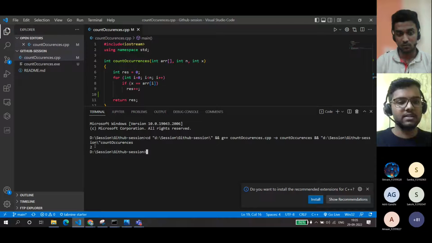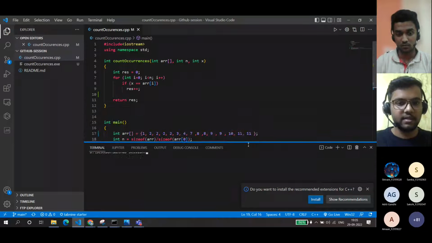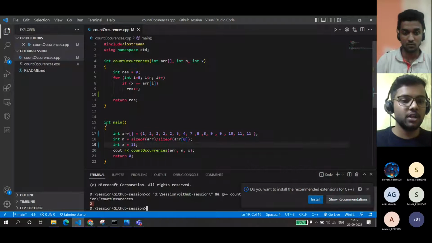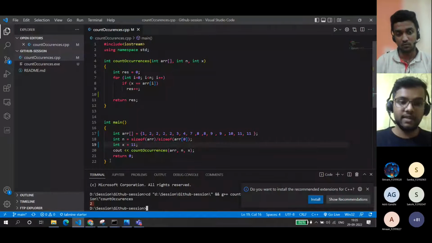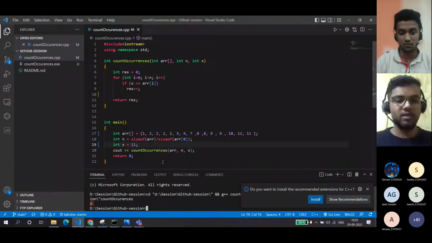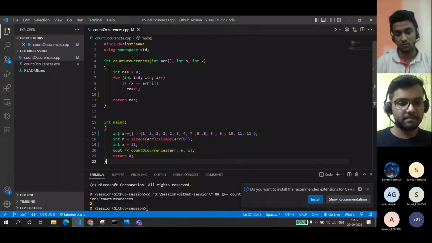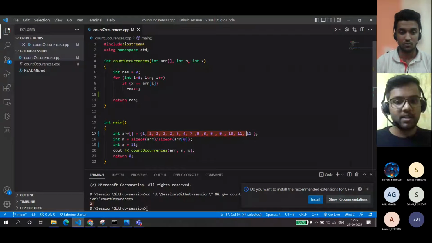Okay, so it says occurrences are 2. So that is correct. Okay, so now I am personally satisfied that I can send this code to my friend. So how do I do that, right? All I've done till now is use the command called git clone. Now we need to use some further commands to send this back to my friend. Since you have modified this, now there have been changes.